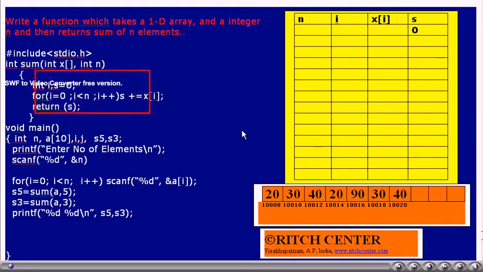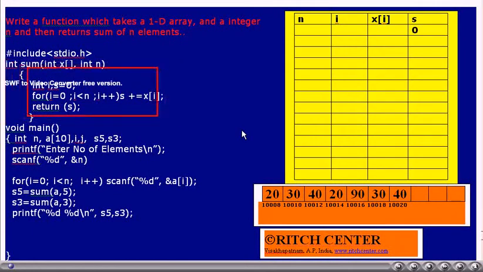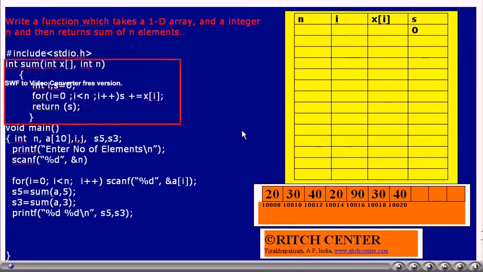Each time the ith element of the array will be added to the s. Thus, s value becomes the sum of the elements of the array which is sent as an argument for this function. Then, the last return statement will return this s value. Thus, this function can be said as returning the sum of the integer array which is sent as an argument for this function.